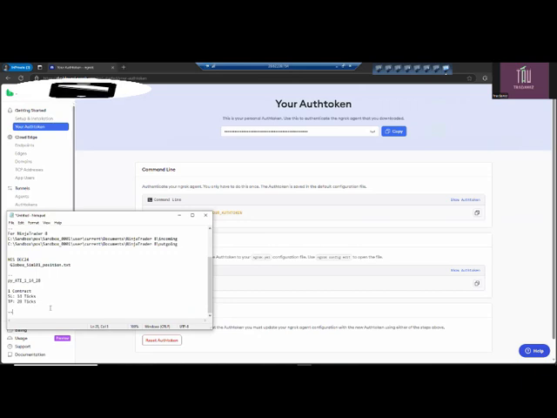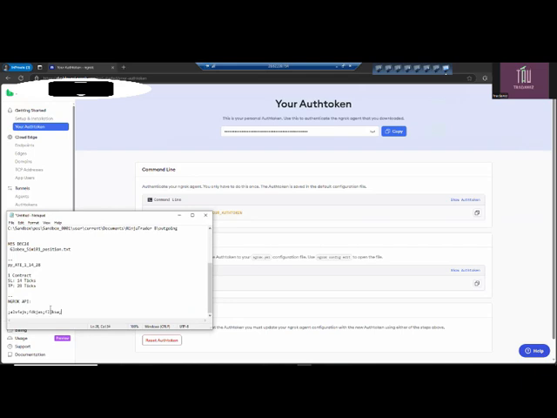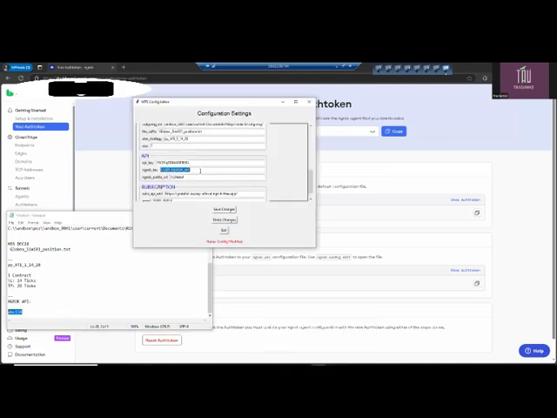It's just an example because I won't be sharing my API. For example, this is your API, example ABC123. And then from there, you have to update. So here, you would update this one.